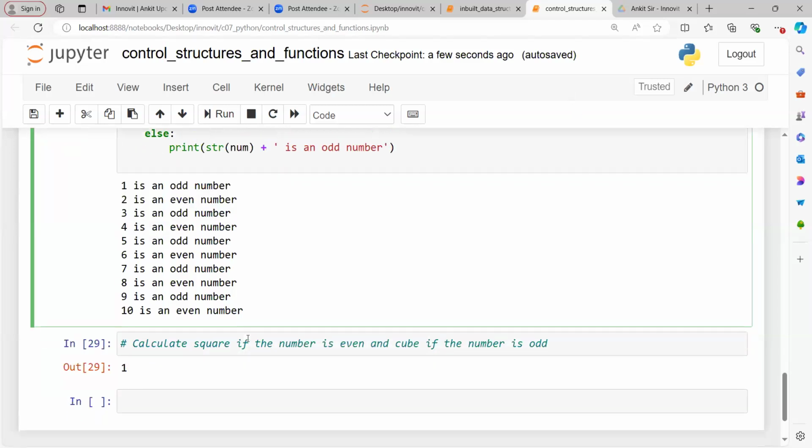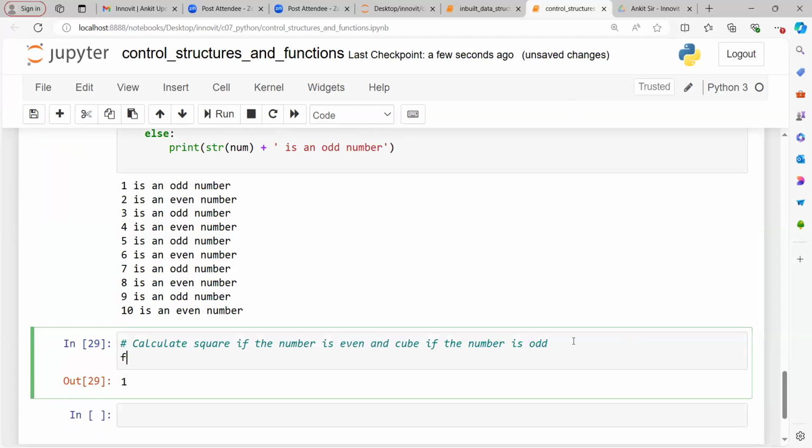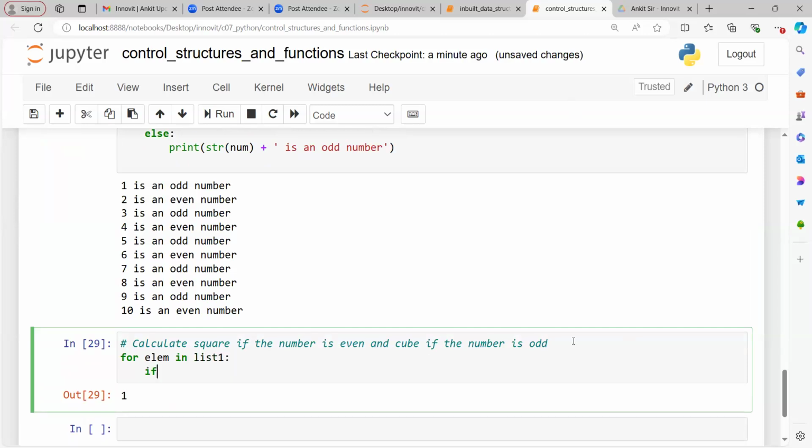All right, let me show you the code. If you're trying, try it out. Don't worry. I'm going to say for, let me use, oh, Subbalakshmi is done, Vinay is done, nice. Let me use a different variable. I'm going to say for lm in my list one, if lm percentage 2 is equal to 0, then I want to print